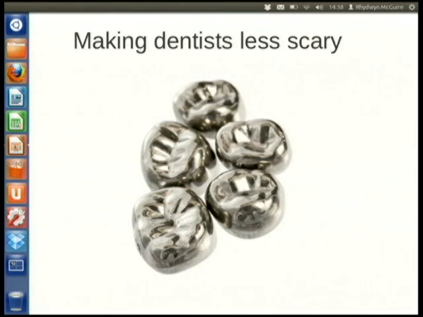And then there's what I do. I make dentists less scary. I work for the dental hospital in Melbourne. We're looking at a procedure that takes kids who would otherwise probably have to have several sessions in a dental chair, and we're talking really young kids, as young as 3, 4-year-olds, have several sessions in a dental chair with local anaesthetic or at least one general anaesthetic session, and we're replacing that with a technique that takes about 5 minutes per tooth, doesn't need a GA, doesn't need a drill, there are no scary sounds.